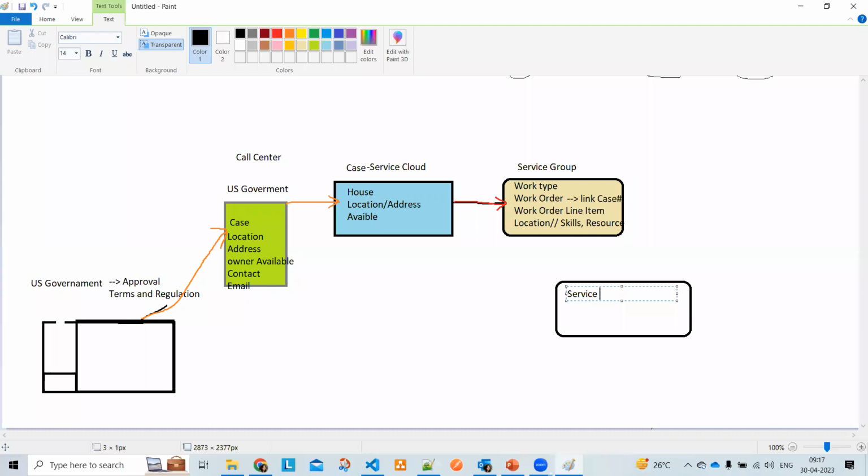Is there any service territory available right now for this? That means location. In this location, is any resource available? Once the resource is available,